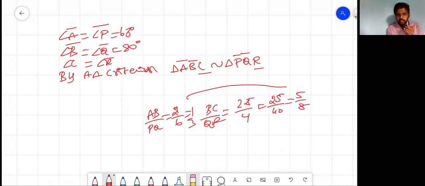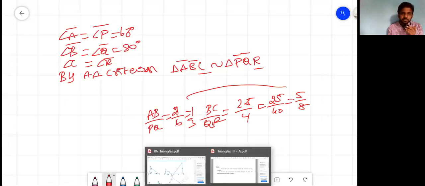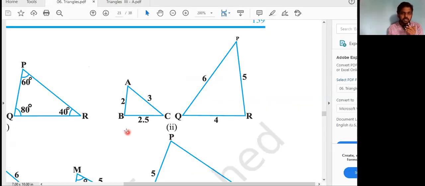So immediately don't come to a conclusion that these two triangles are not similar. You have to check for the other sides also, because these two triangles do not look similar, right? So it is something different, which means they have flipped the second triangle here. They have just rotated the second triangle here. So you just check for other sides also.